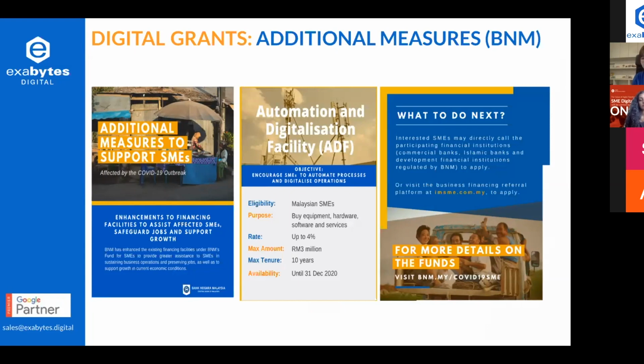This one is a financial referral program with a better rate, 3 to 4% for SMEs to loan to buy equipment, hardware, software services, and a lot of other areas, not just automation and digitalization. You can also go to Bank Negara, bnm.my, then COVID-19 SME, and see what can support you guys to go through this period in terms of digital transformation.